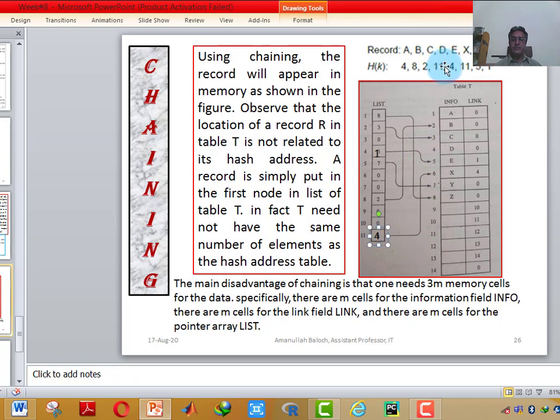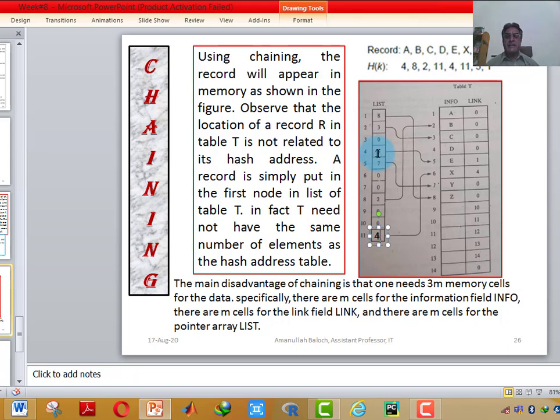Similarly, the hash address of E is 4. We have stored E here at index 5, and you may see that at hash address 4 one index is already stored.